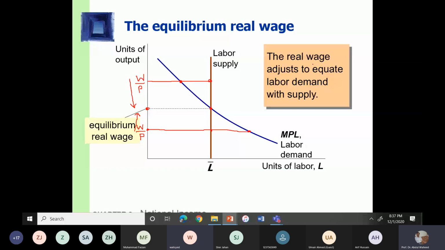So this means real wage will adjust to equate labor demand and labor supply to bring equilibrium in the labor market. And equilibrium real wage is achieved at a point where labor demand equals labor supply. And this is the labor market equilibrium. Next class में हम डिस्कस करेंगे कैपिटल मार्केट इक्विलिब्रियम।